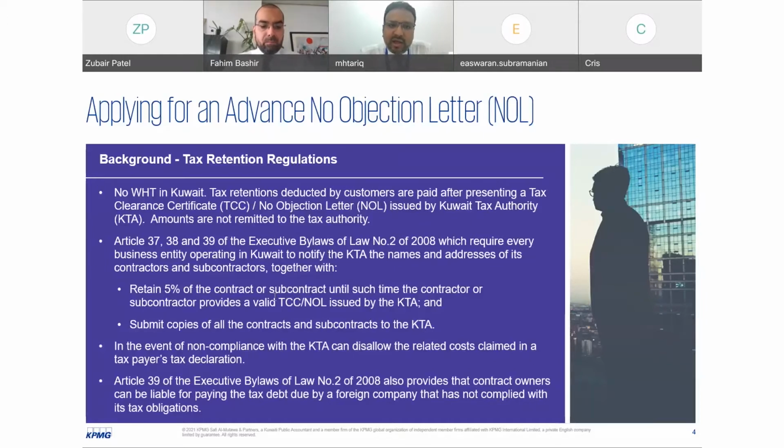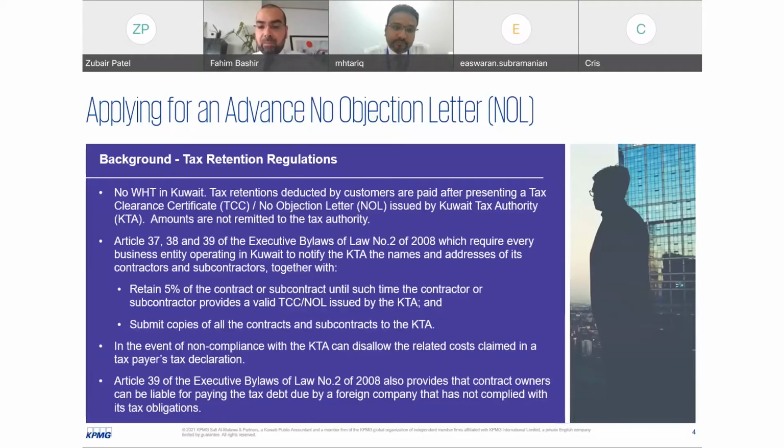So this is to make it very clear, because companies who are especially operating in Saudi Arabia and Oman know there is a withholding tax, and they don't have to go through any requirements from tax authorities, and the contract owner just deducts withholding taxes and submits to tax authorities. So it should be very clear that this is a temporary retention, and this is not a tax payment, so the companies can get this money back if they are not taxable in Kuwait. And I think that's the key distinction.